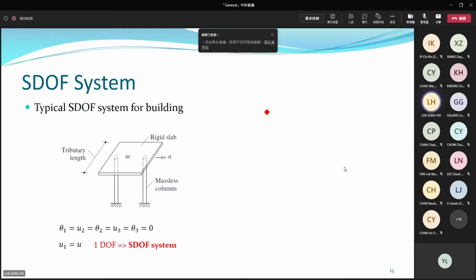So let's have a look. Suppose we have a one-story structure with a slab on the top supported by two columns. Okay, we use massless columns; we ignore the mass of the columns. Then, if we want to formulate the equation for this structure, we use a single degree of freedom system,